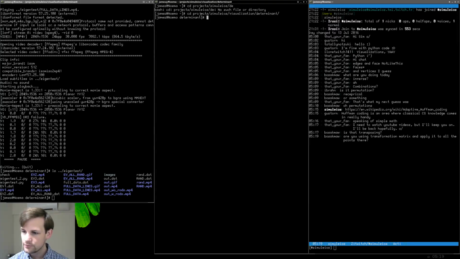What do we have? Are you using a transformation matrix and applying it to all the points there? Yeah, so each point is an individual vector, and we're multiplying each of the vectors by the transformation matrix. In fact, we have a video or a code doing exactly that, so I'll show it to you in just a second. So now we're going to cp,